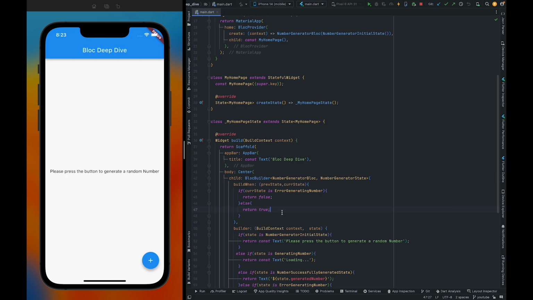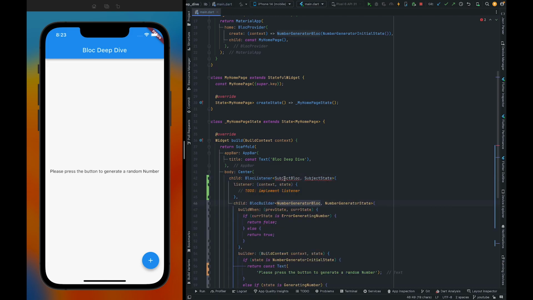In the previous video, we decided not to build UI for the error state. Instead, we are going to show an alert to regenerate the random number. To show the alert, first we need to wrap our block builder with the block listener. Here, we need to pass the block and also the state. So we are going to listen to states for the number generator block, and the states are going to be children